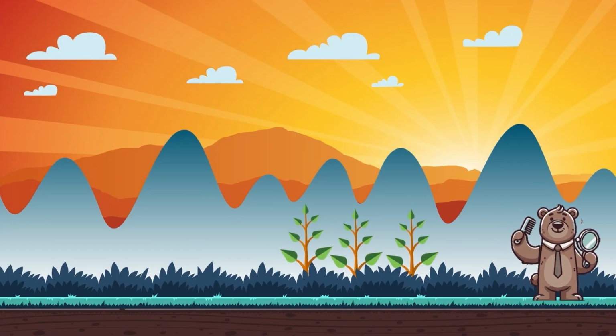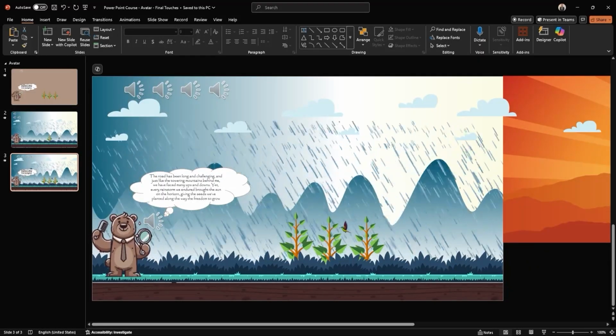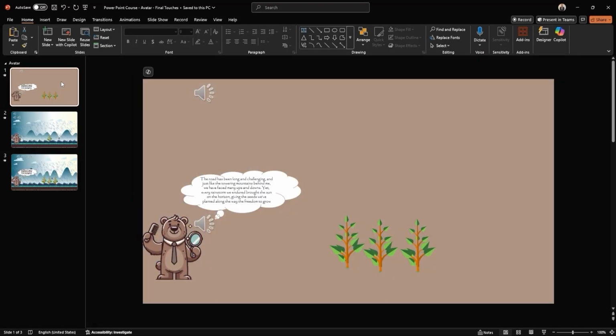Heading back to slide 1, you'll see that I've already placed all the remaining elements we need to complete the scene. The AI-generated voice file, the avatar with a speech bubble, a sound icon, and finally, the 3 animated flowers. If you play the slide, you'll also notice everything is already timed and animated to behave exactly as we want, making this more of a demonstration than a technical tutorial. This is because there's nothing fundamentally new that we are learning here that we haven't already covered in the previous session, so for the sake of convenience, I've set it all up for you.